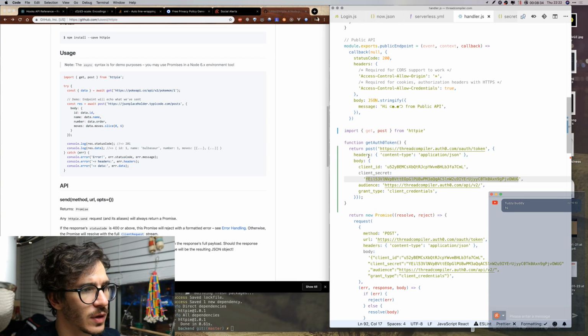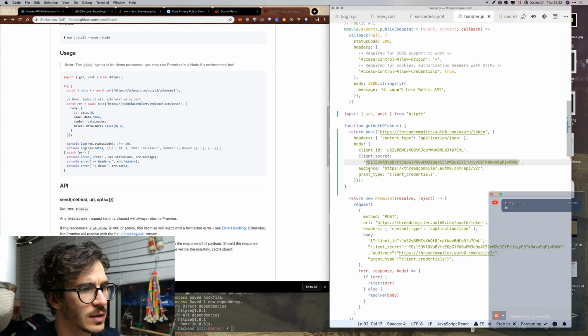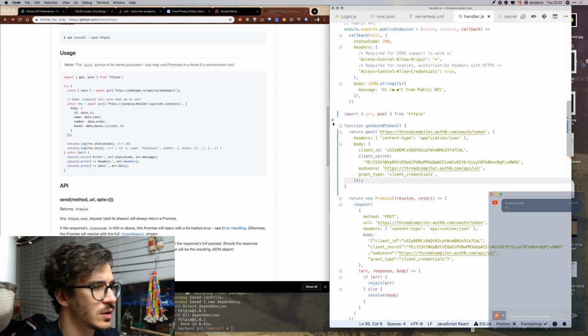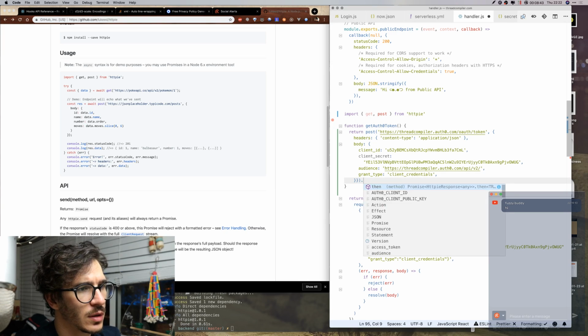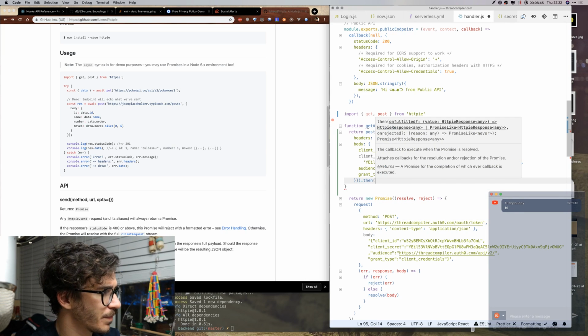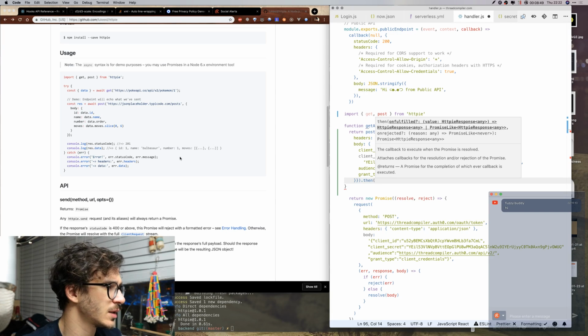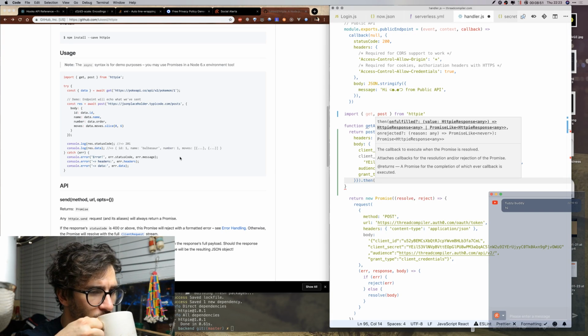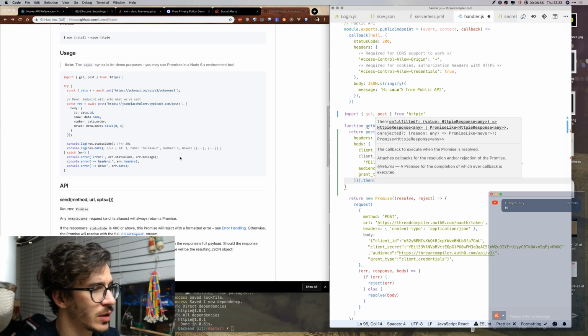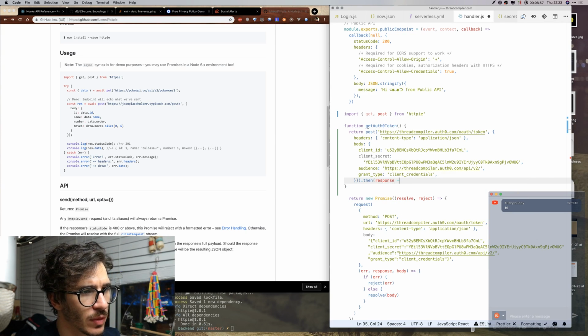So we have our client ID, client secret, audience, and grant type. That's our post. Then we get data and errors. So then is our response.